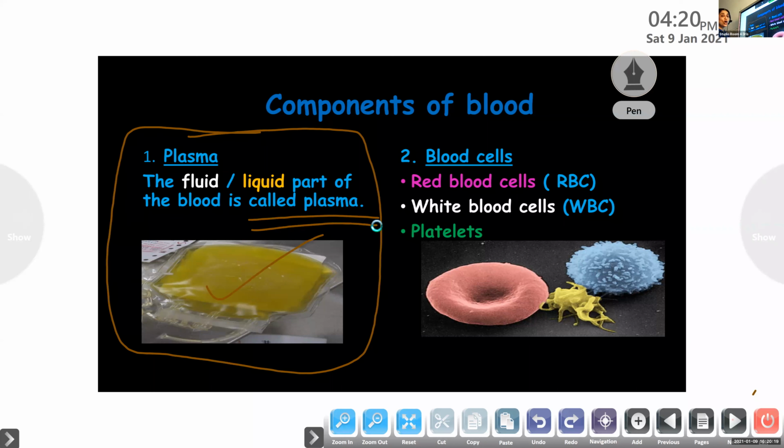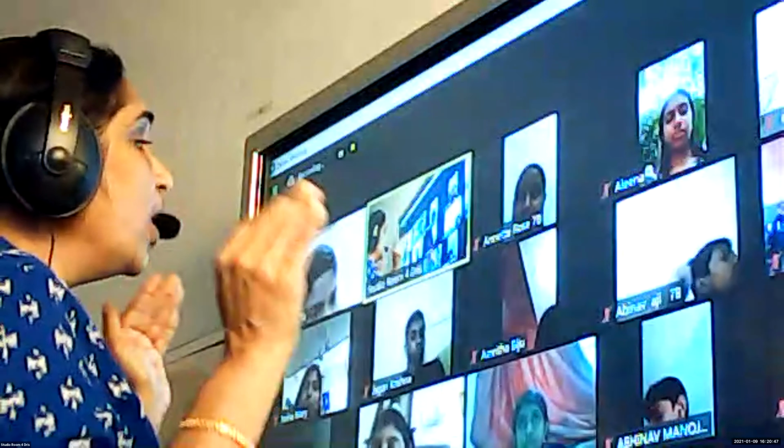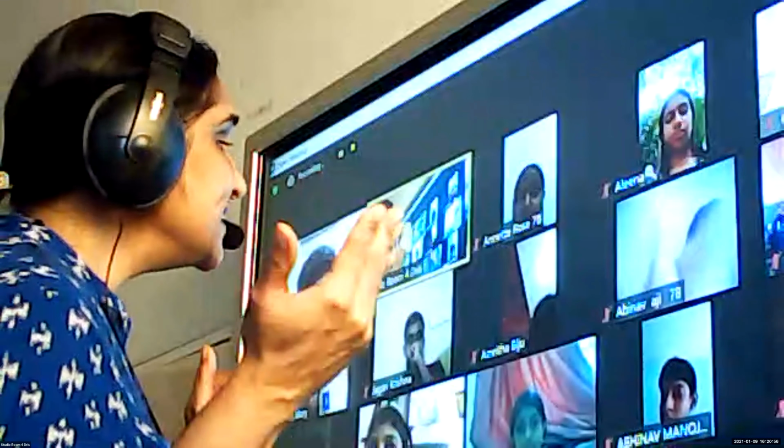It is a yellowish fluid, a sticky fluid. Yellowish colored sticky fluid. In this plasma, 92% is water. 92% of the plasma contains water. That means plasma contains most of its part as water. And that is 92%. The other 8%